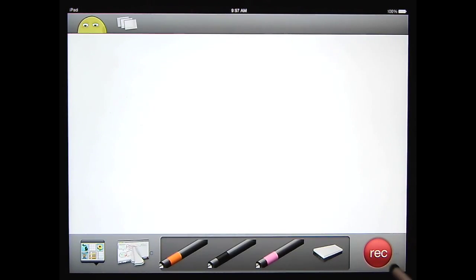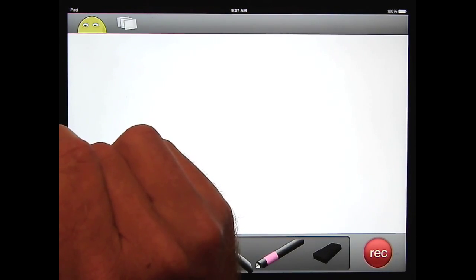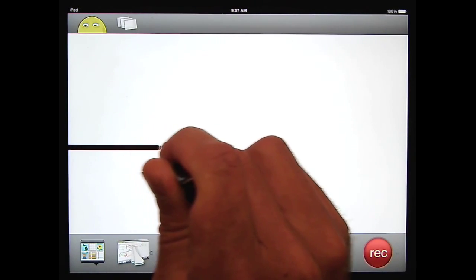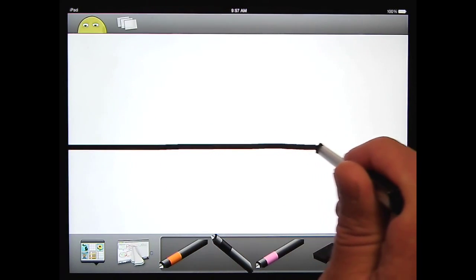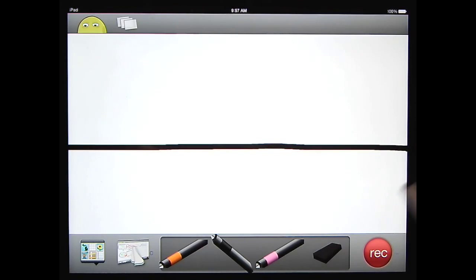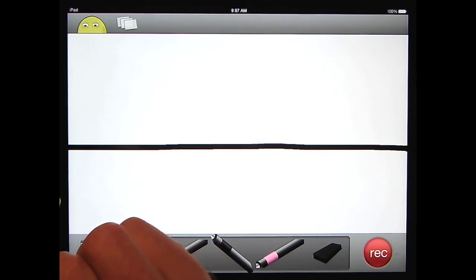We're not going to use the record button today. You can record your drawing to make a video, but today we're going to go ahead and get started. I'd like for us to use a black marker to start by making a horizontal line to be a road in our landscape. We'll make a horizontal, flat like a table, line across the middle of our screen, and let's